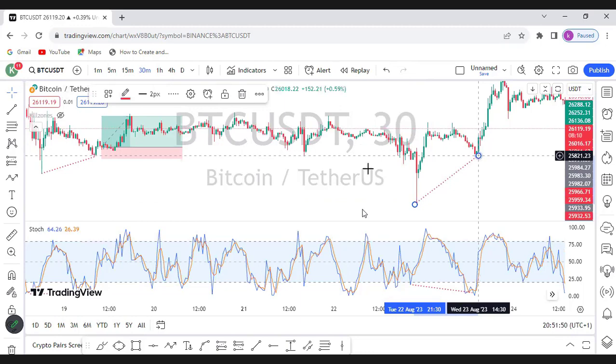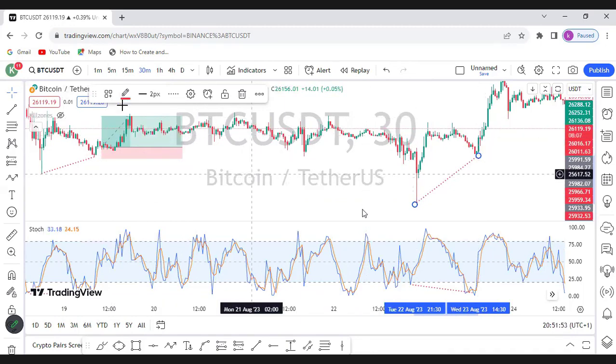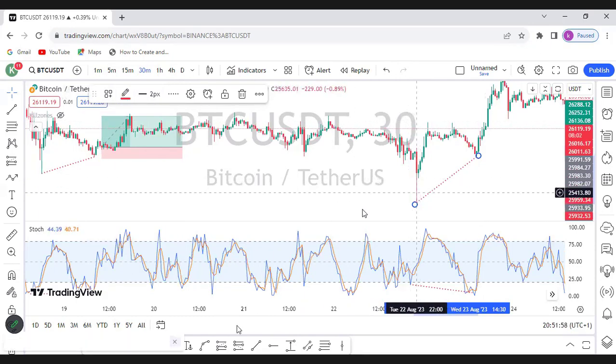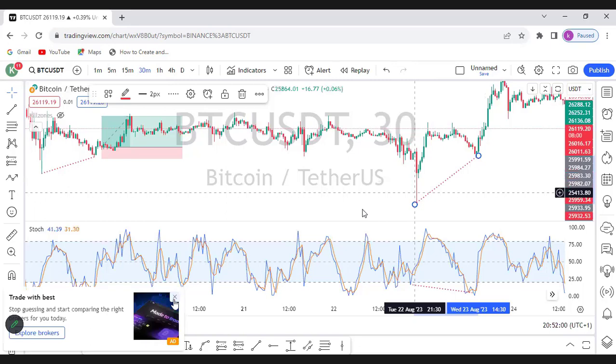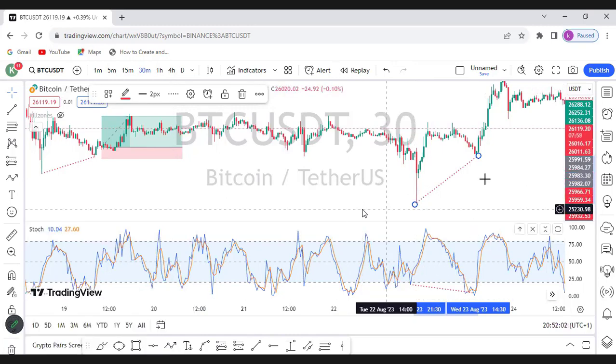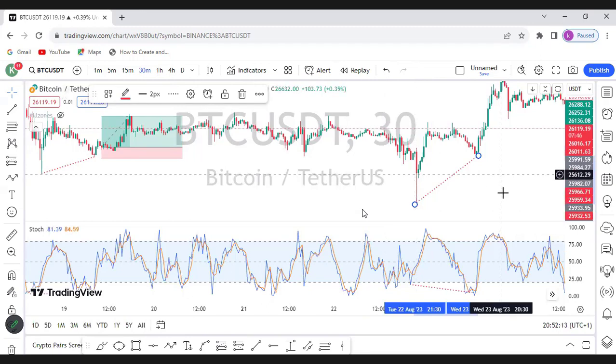Go on lower time frames. Let's say you go on a 1 minute time frame, 2 minutes time frame. This wick you are seeing is actually a full candlestick, right? This is a candle. Now at this level you can see that it moves in two opposite directions, and this is a bullish